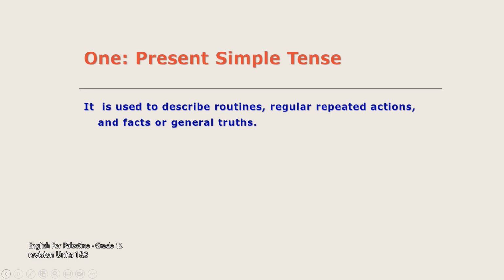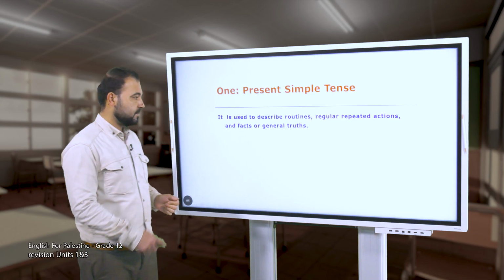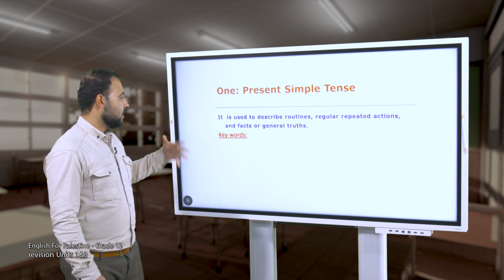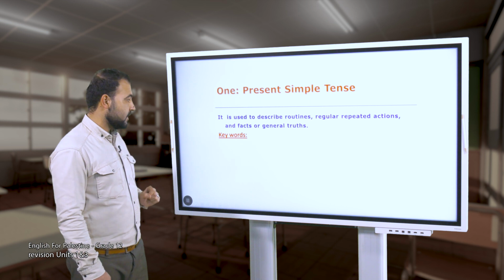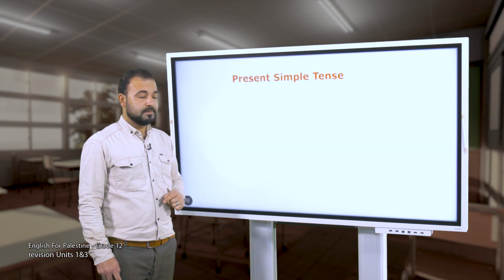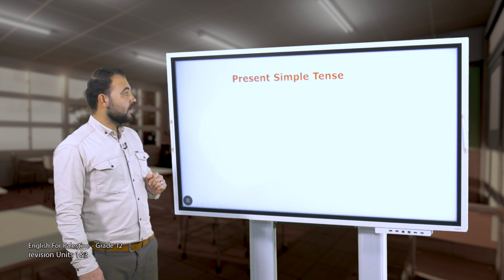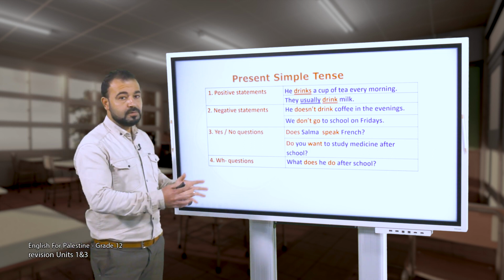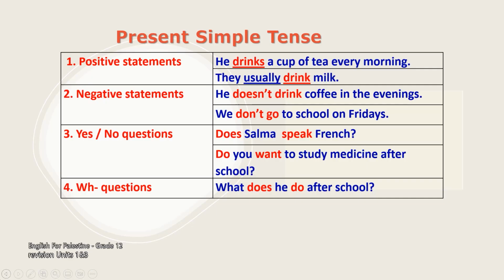It's used to describe routines, regular, repeated actions, and facts or general truths. Some keywords which may help you to form sentences using the present simple tense: we have always, often, generally, once a day, in the evenings, and so on. In this table, we have a summary of how to form positive statements, negative statements, yes-no questions, and